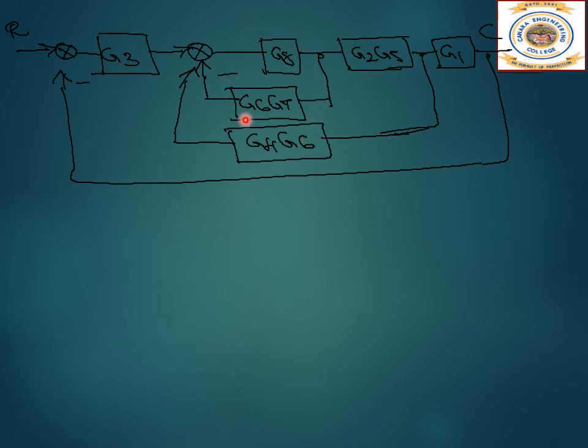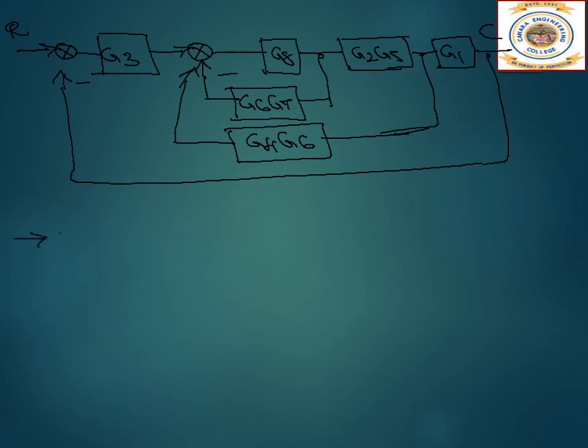So see, G8 and G6, G7, this is one feedback. Then these both will become a series. That will be G of S and G4, G6 will be H of S. You can solve that. Then G3, then the whole of this and G1 will be a series, so that you can multiply, and H of S will be 1. So now we will do it step by step. One by one, let us solve.